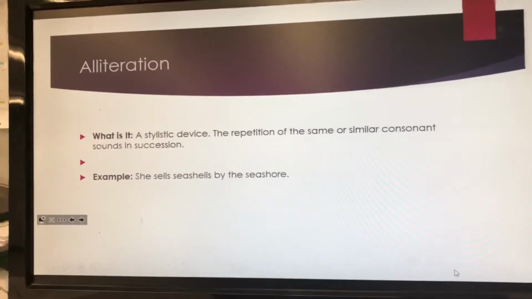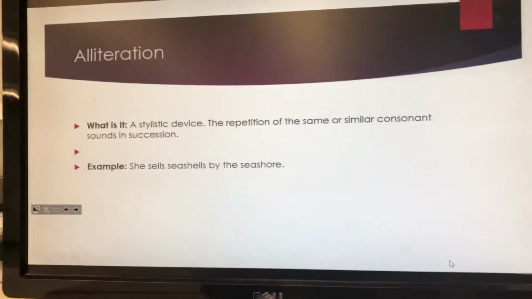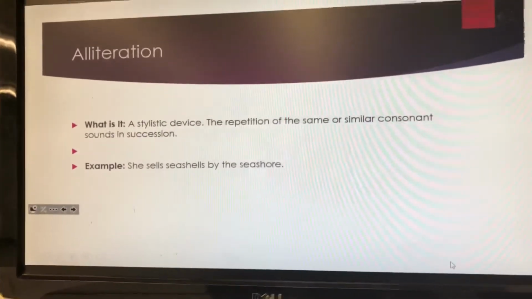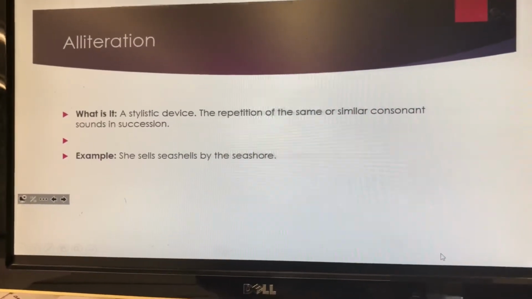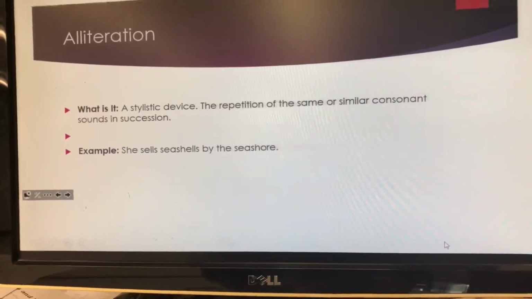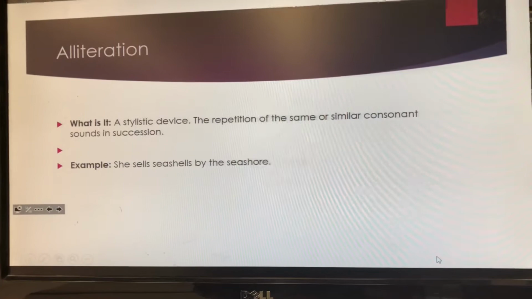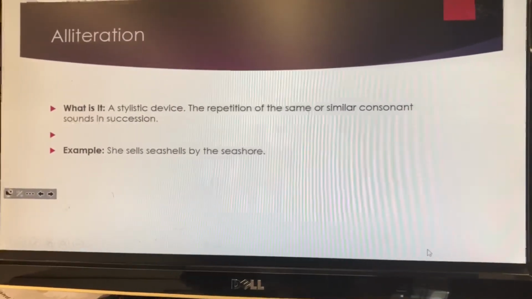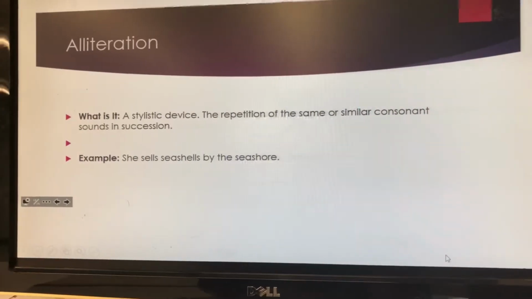So, okay, this is part 2. Alliteration again. It suggests here that it's a stylistic device. It's the repetition of the same or similar consonant sound in succession. So you're trying to introduce different words that sound the same, for example,